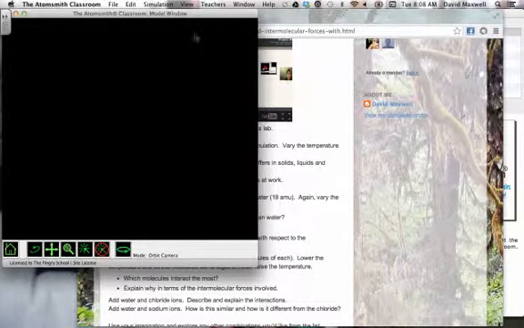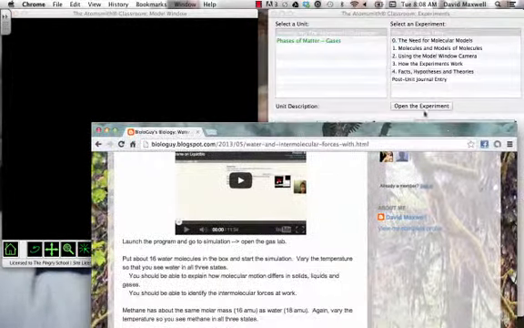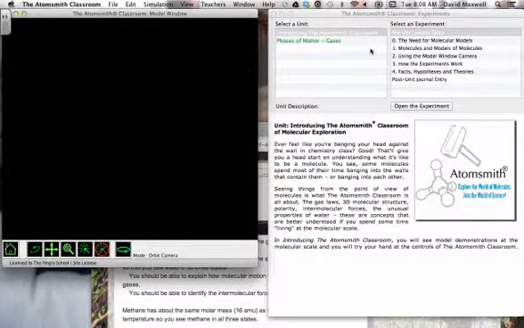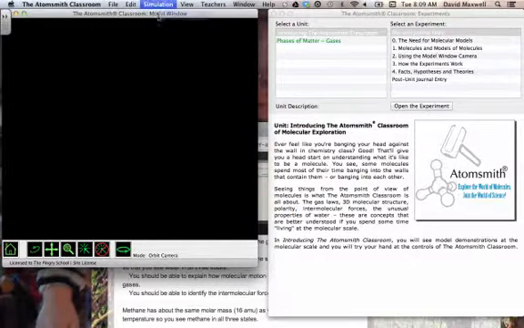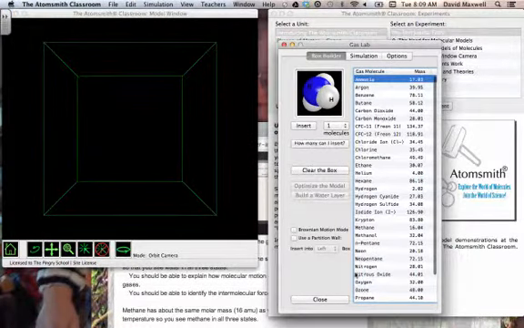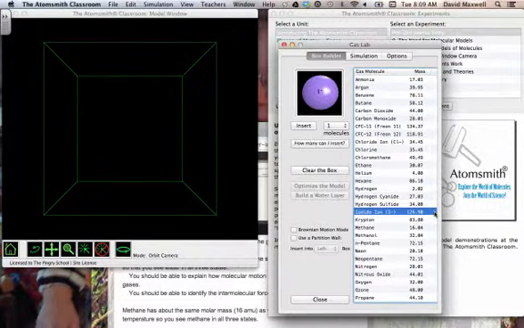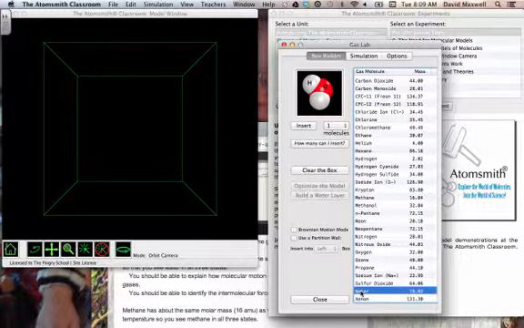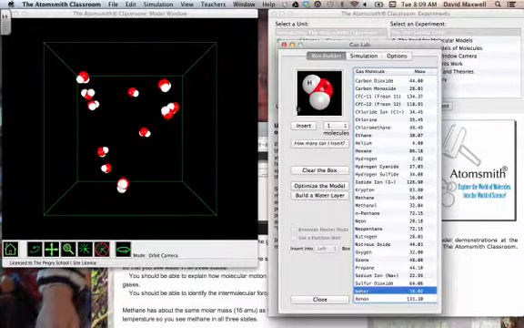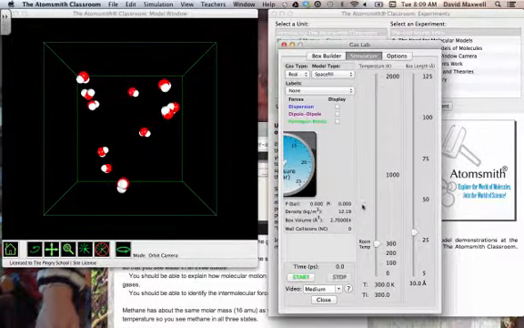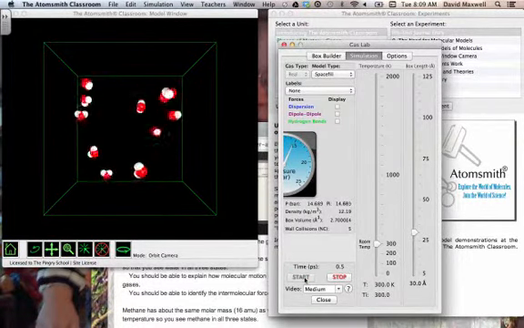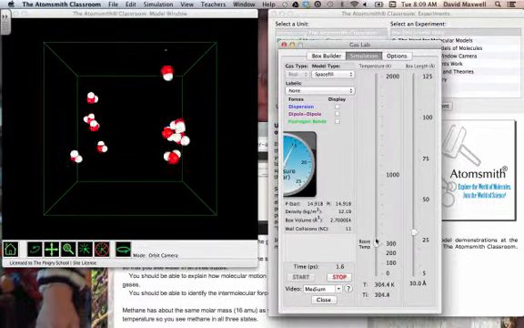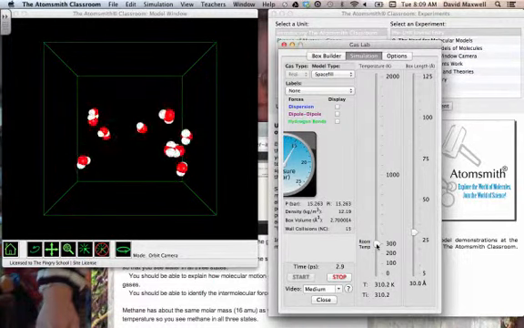We're going to go here to Atomsmith and get everything open. I'm going to go to simulation, open the gas lab, and come down here and put some water molecules in there. And if you get this to work, you can play with it, but put a whole bunch of water molecules in here. Probably not 16 actually here, but then I'm going to simulation and start the simulation. And you can see that the temperature here is room temperature,